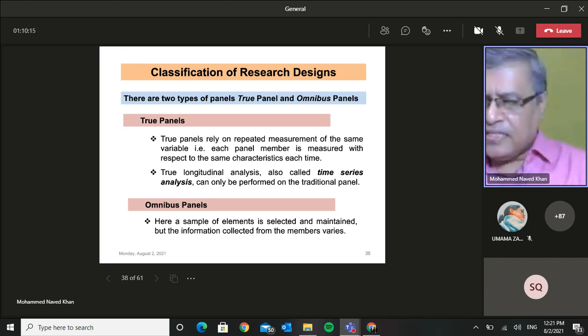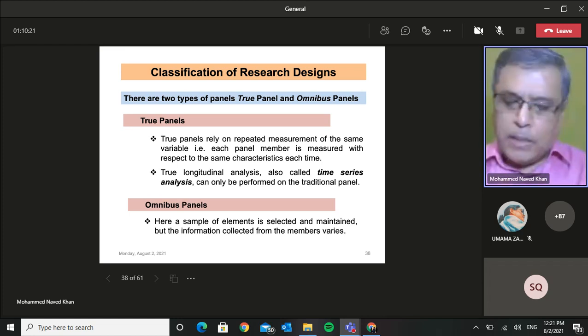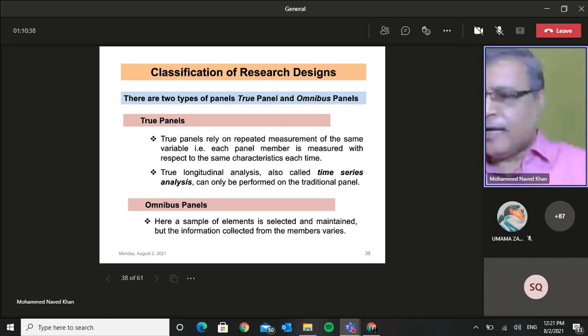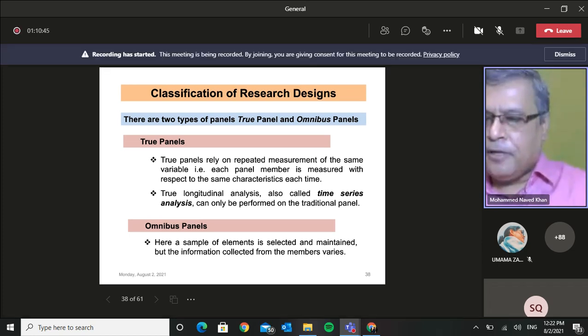We will continue with the same characteristic each time. So maybe the brand of interest is the same, and we have a certain questionnaire developed for capturing some responses from those individuals of interest. We will approach them and request them to provide us responses, and what is expected is that they will give us responses. Then we move forward, and maybe 3 months down the line, again we approach the same set of individuals because they are part of my fixed panel, part of my sample which I have fixed.